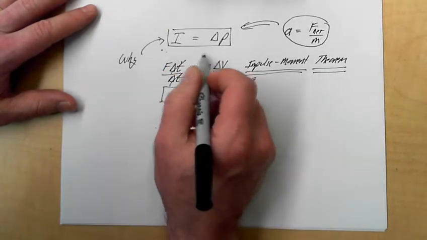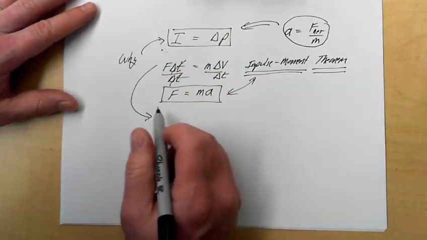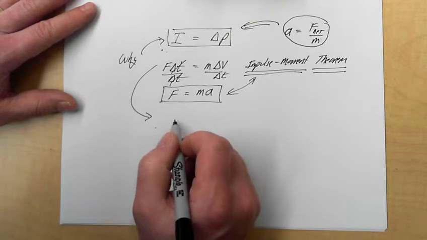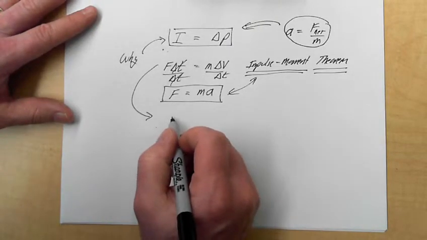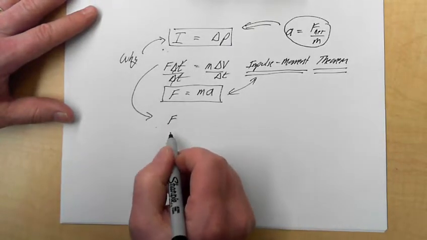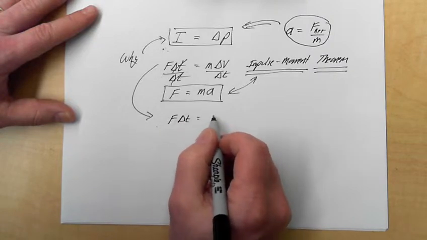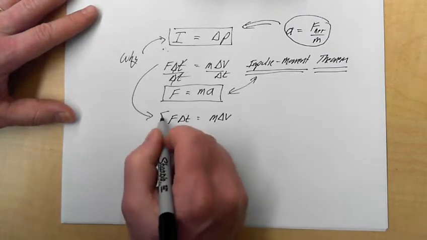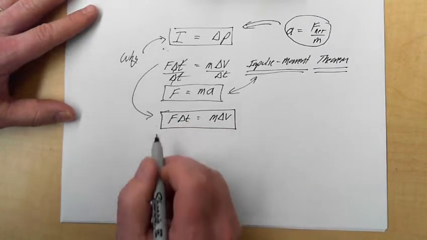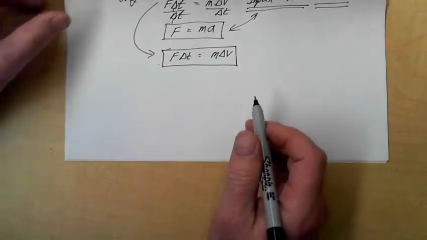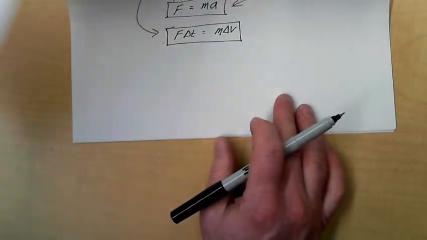So let's put that back. Let's bring this back down again, because it's a very useful version of this impulse momentum theorem that's going to help you solve problems. So we have the impulse is F delta t equals m delta v. This is a lovely little way to express it, and it's going to help you solve problems. For example, let's look at